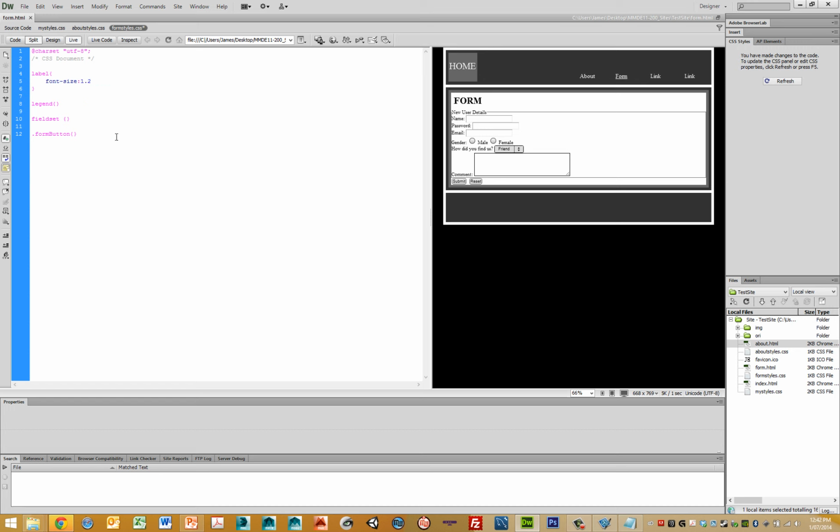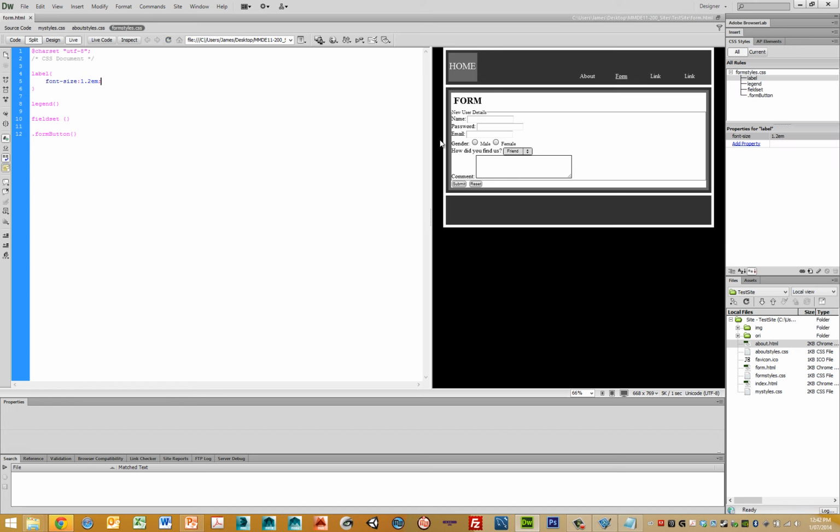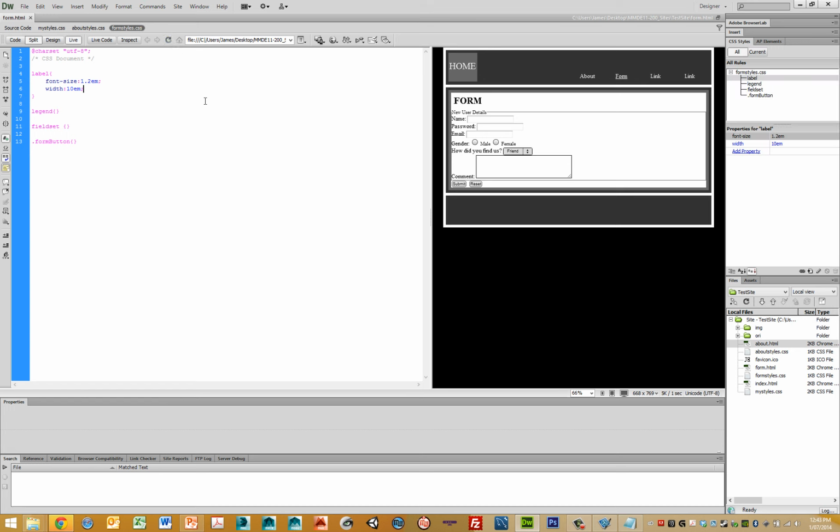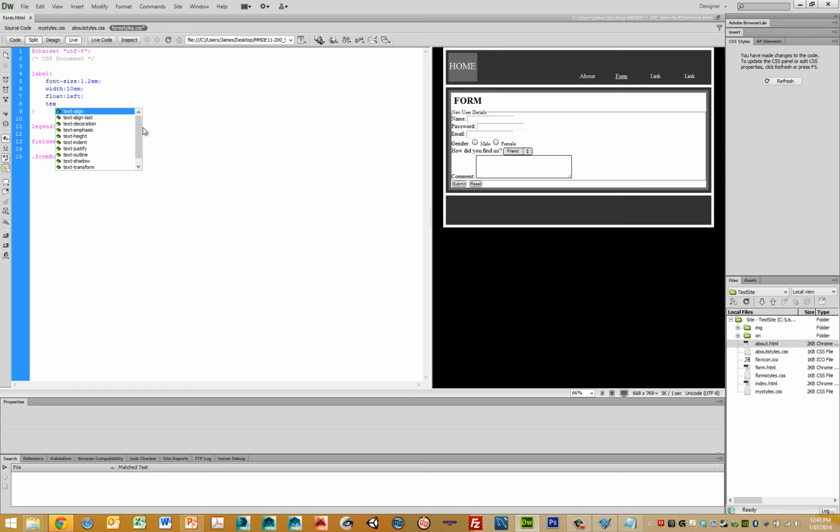Let's just make it slightly larger, just a little bit larger on the font size. Now what we can do is float our various labels to different sizes and do various things with them. So with my label, let's make the width a certain size. We'll set it to say 10 EMs. Let's float that to the left, and let's text align to the right hand side,